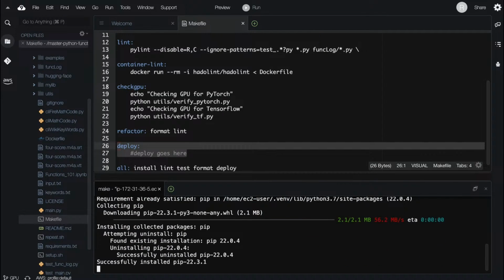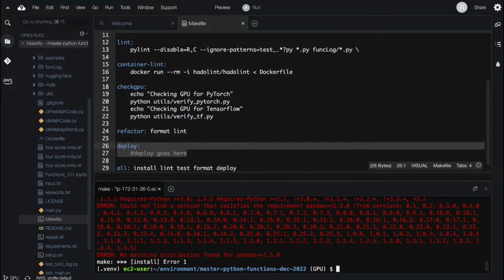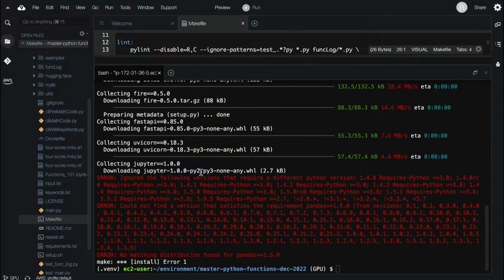What happens is it's going to go through and install all those packages. So this is the other really amazing thing about this particular environment, is that it should be pretty straightforward to figure out what's going on here, unless there is a bug with an installation. We can debug this very simply though, because it does see that there's an error here. It says, look, ignore the following versions, blah, blah, blah, no matching distribution found for Python 1.5, right?